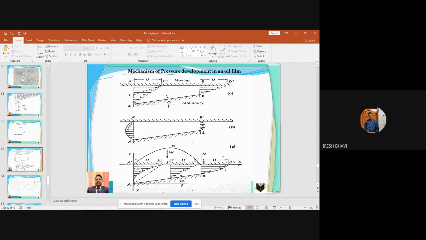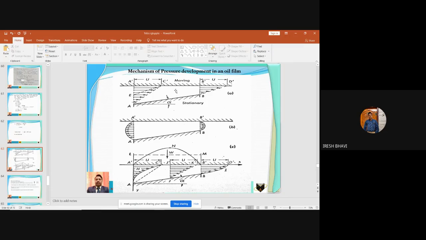So consider the case of two non-parallel planes. These are two non-parallel planes because this plane is inclined at an angle of alpha with this plane. Okay. So this resembles the journal surface, that is the shaft surface, and this resembles the bearing surface. So the bearing is stationary while the journal or the shaft is moving. The width of the plane in the direction perpendicular to this plane is considered as unity. Okay,